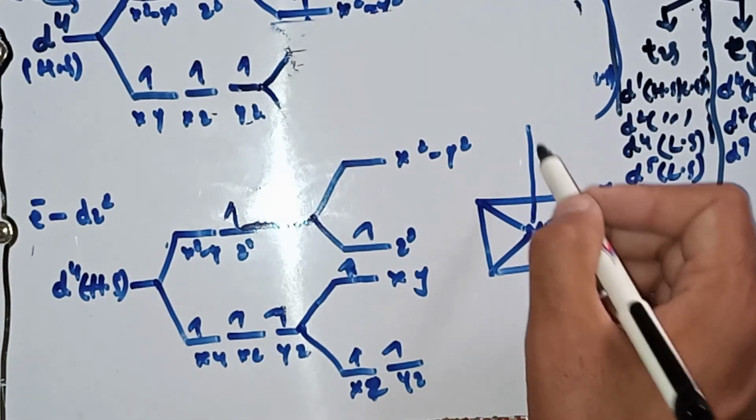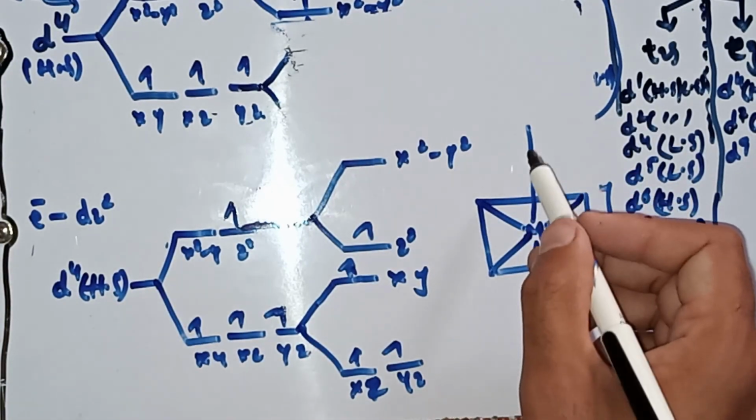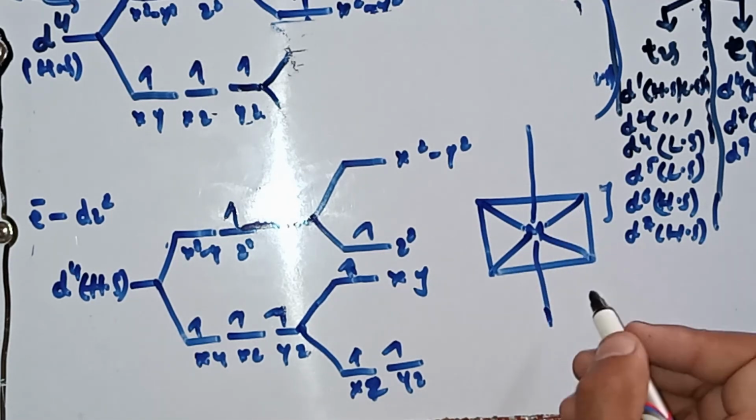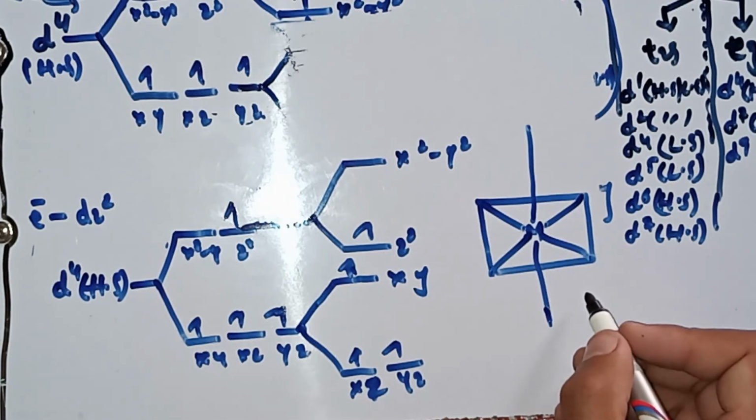That's why the axial bond will be longer and the equatorial bond will be shorter, and the geometry will be called